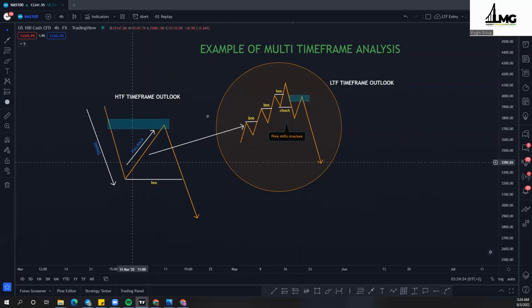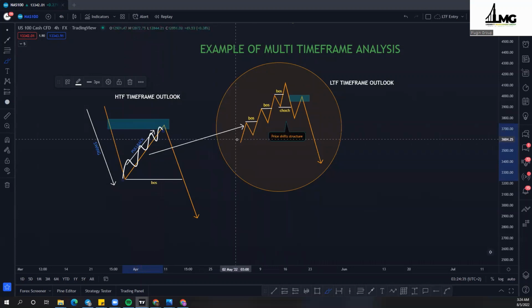So let's say, for instance, when you zoom in into the lower time frame, you have this kind of picture taking place right here, right? You got price within this pullback phase. Within this pullback phase, you see price breaking structure to the upside, breaking structure to the upside, and then at this point, you see price break structure down, right? Changes character, shifts character,